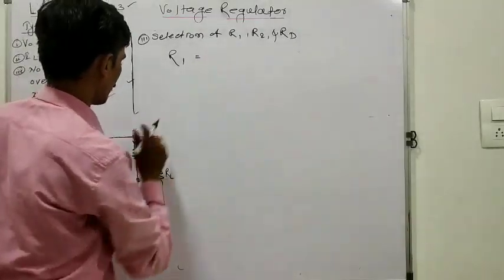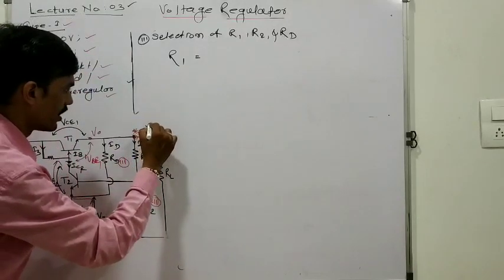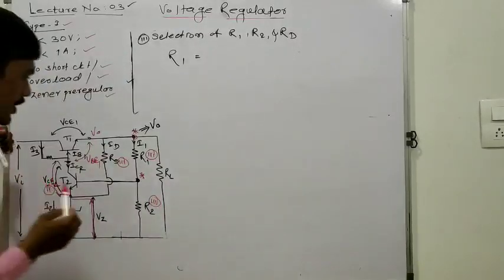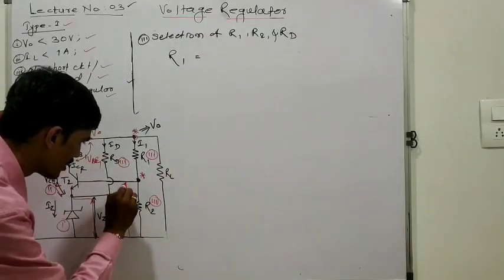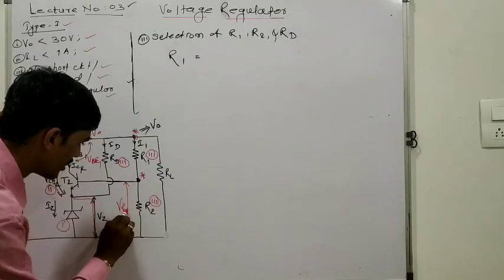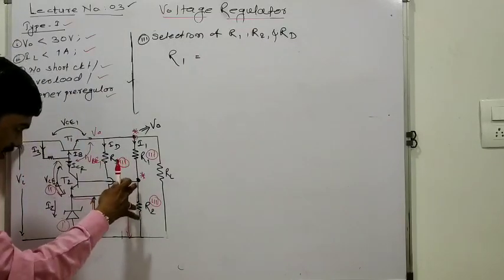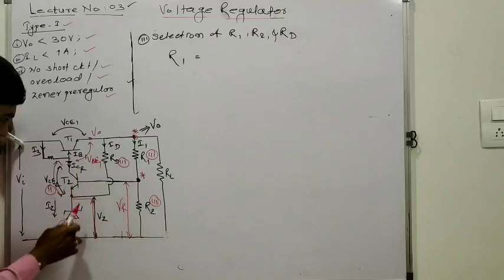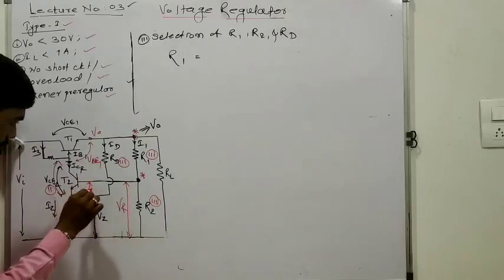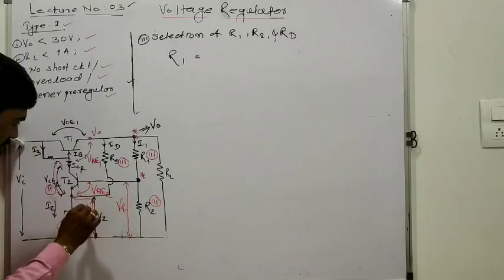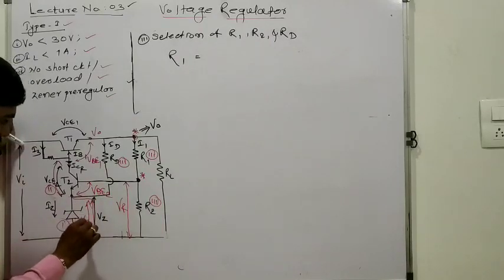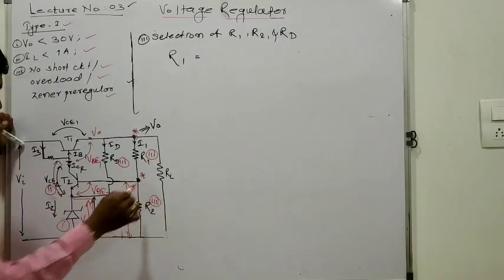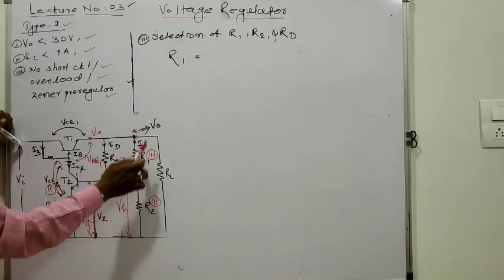So R1 is equal to... what is the voltage here? The voltage is VO. What is the voltage available at this point? We are assuming this voltage is nothing but the voltage across the resistance R2, and we can call it VF. What is the value of VF? If we take the voltage appearing across R2, it is the parallel voltage available at this point. So this is nothing but VBE2, and VZ we already calculated. So the voltage available at this point is the addition of VBE2 and VZ. This is the voltage available at the second end of R1.